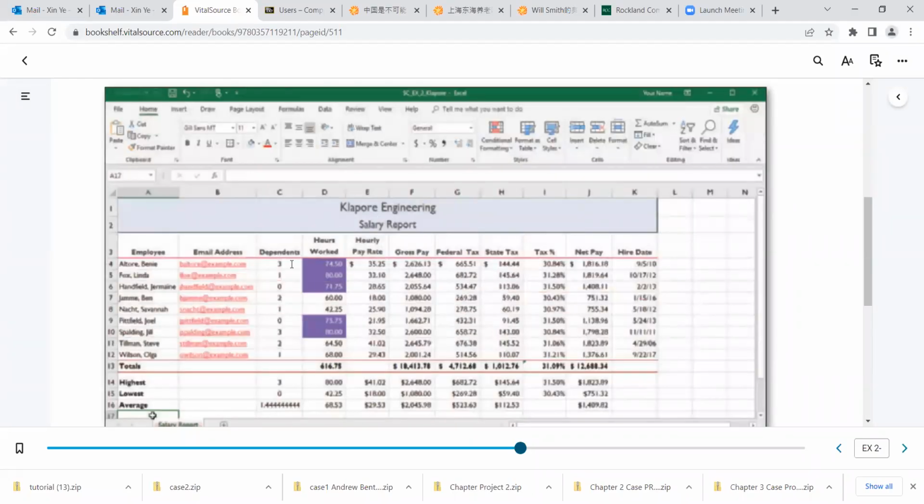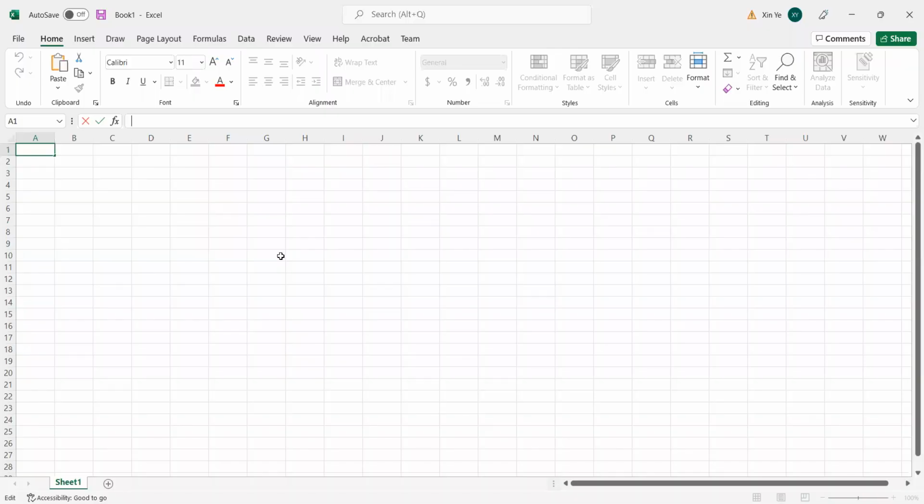I'm going to do it step by step. I'm going to switch back because last time I forgot to switch back, so you couldn't see my screen. So we're going to start from page EX2-5, okay? And actually EX2-4. Now for the A1, we're going to type